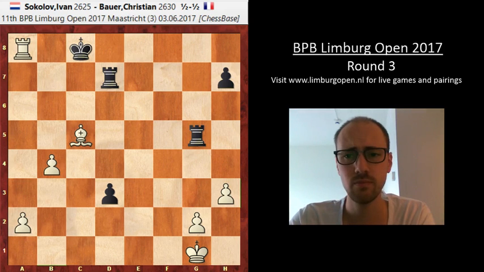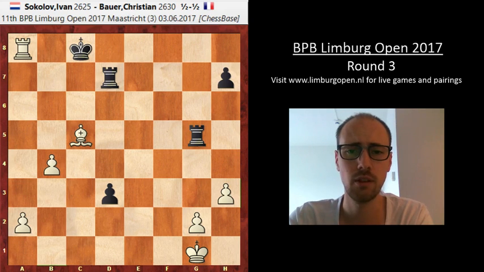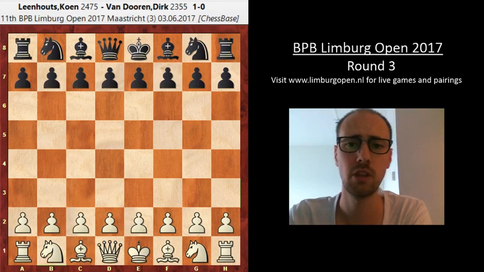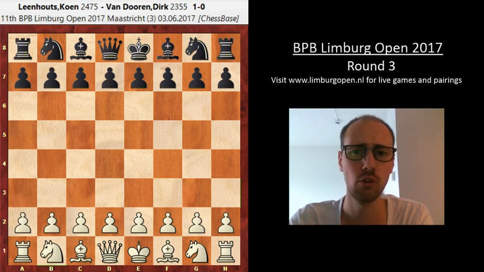So yeah, Sokolov, well, escaped there, and that means there's opportunity for other players to take the lead, and that's also what happened, because two other players with 2 out of 2 played each other, Koen Leenhouts and Dirk van Doorn. Dirk van Doorn, who beat Alexander Fier in the morning round. Very nice game. Now playing with Black against Leenhouts,